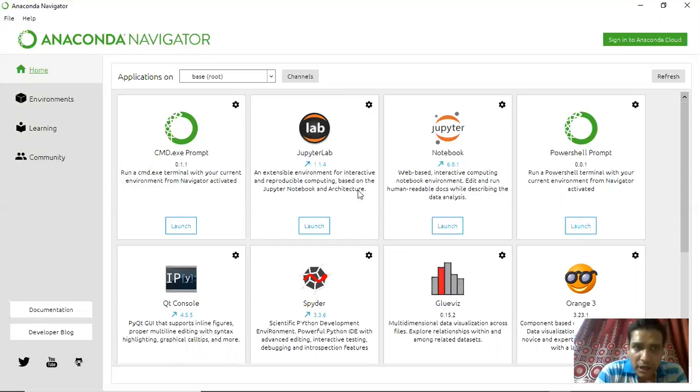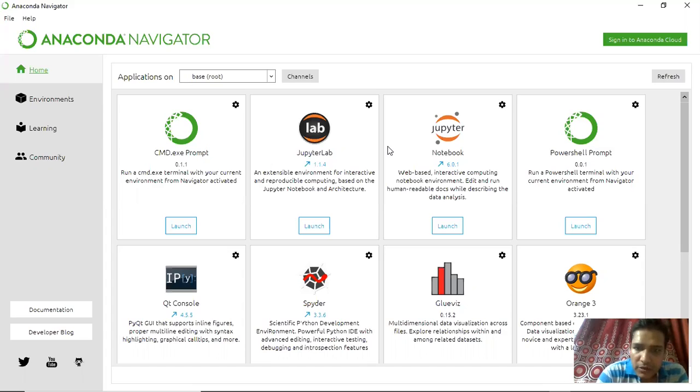After launching Navigator, you will get this window. In this window, you can see Jupyter Notebook, Lab, and other prompt applications. Spyder is also a very good IDE. In case you don't like Jupyter Notebook, you can also go for Spyder. It's an amazingly good tool, and it is supported with Anaconda in the same way, so it will get all the installation the same as Jupyter Notebook. But I prefer Jupyter Notebook for several reasons, though it's your choice. If you want to go with Spyder, you can. In this course, we will only use Jupyter Notebook, so it will be better if you prefer Jupyter Notebook for now, and later you can go to Spyder too.